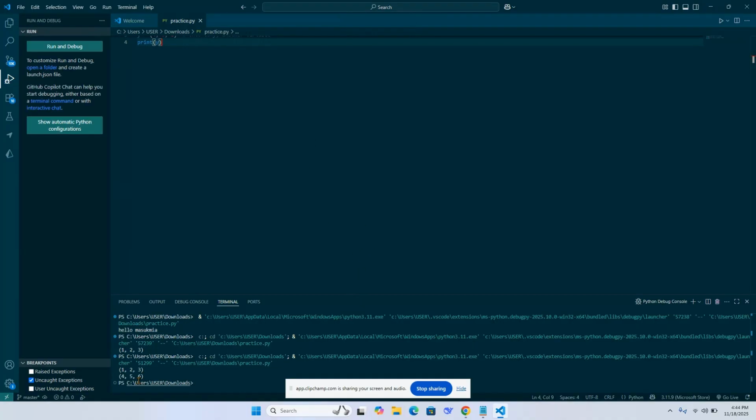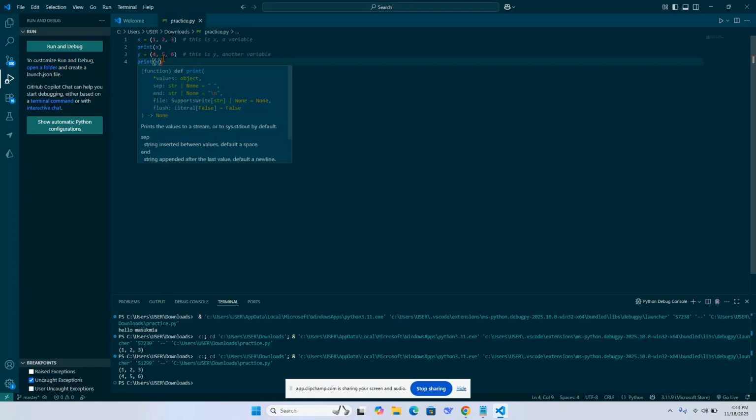Okay, so it looks like that. x equals 1 2 3, then print y equals 4 5 6.